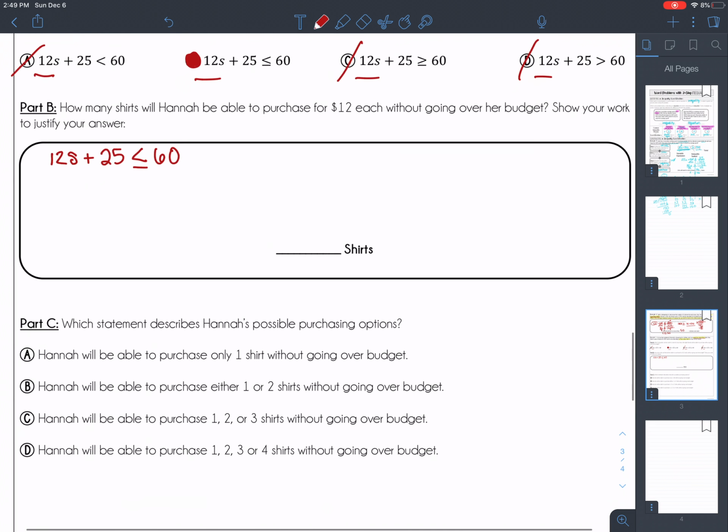All right, and now we want to go in and solve it. Okay, so we can draw our line. This makes sure we're doing the same thing on both sides. And we are going to go in and subtract out the 25 to cancel that out. And if I do that over here,